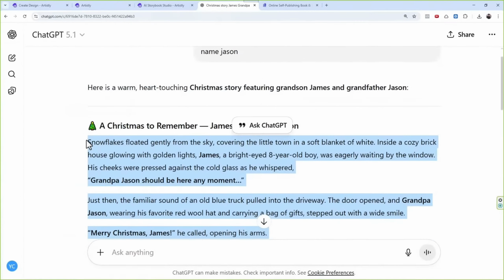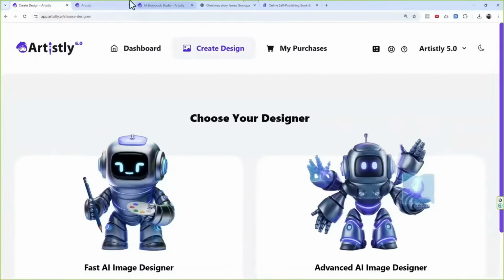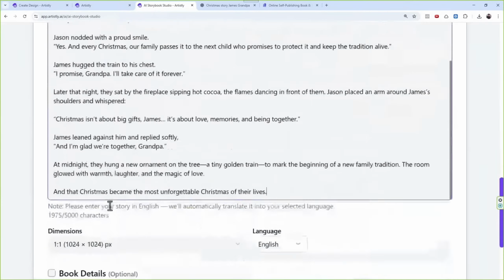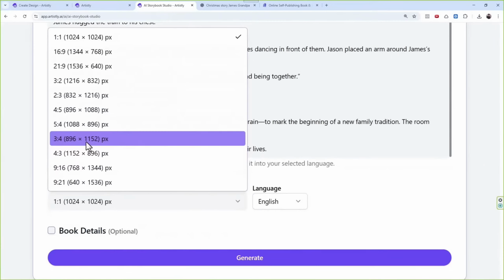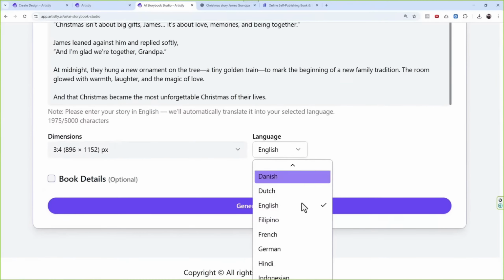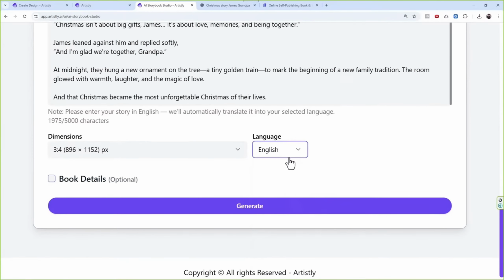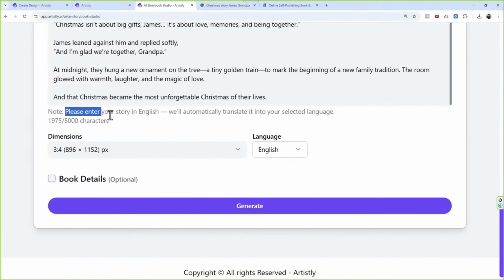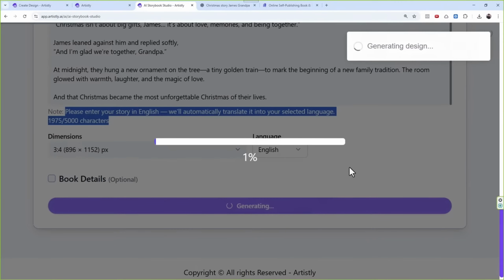So I'll just copy this, put it in my storybook script, put dimension 3:4. I can always put in different languages. If you want different languages, always put your story in English and we will automatically translate it for you. We have already mentioned it, and generate. Let's see. Now, the AI,